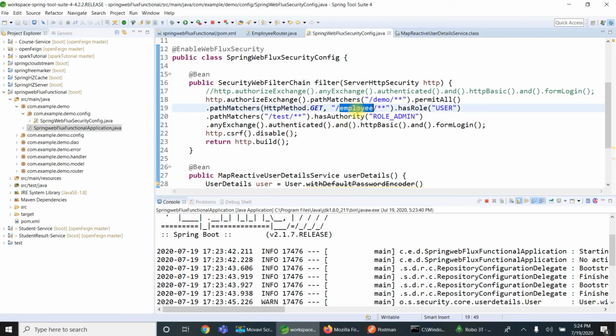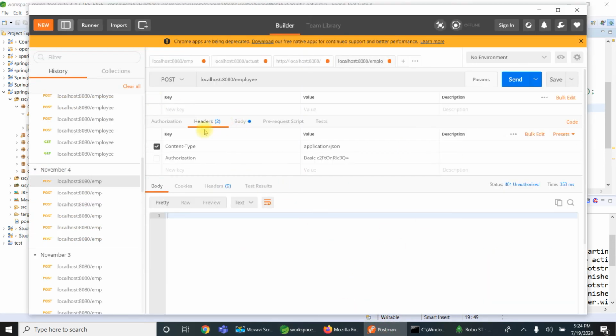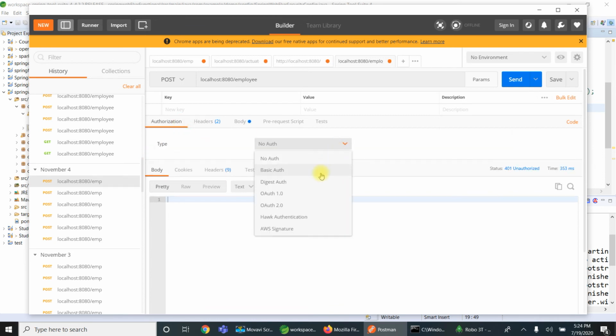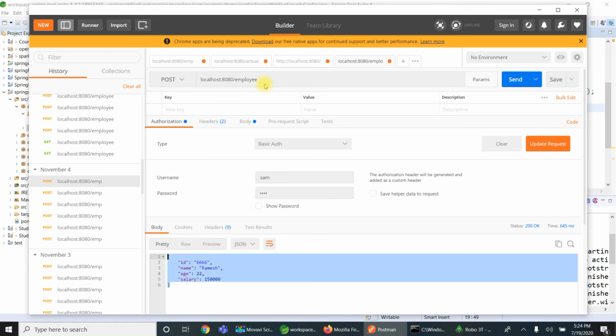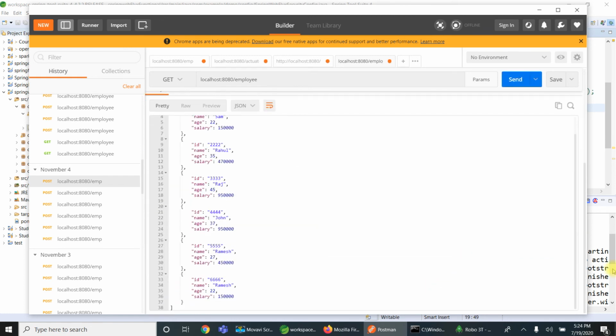I have not specified employee without permit for the other methods, so that's why it was expecting me to authenticate. If I do the basic authentication, whether the role is there or not, it will go. So if I go here, I should be able to update the record. Now if I go and GET the endpoint, I'll get all 6 records.